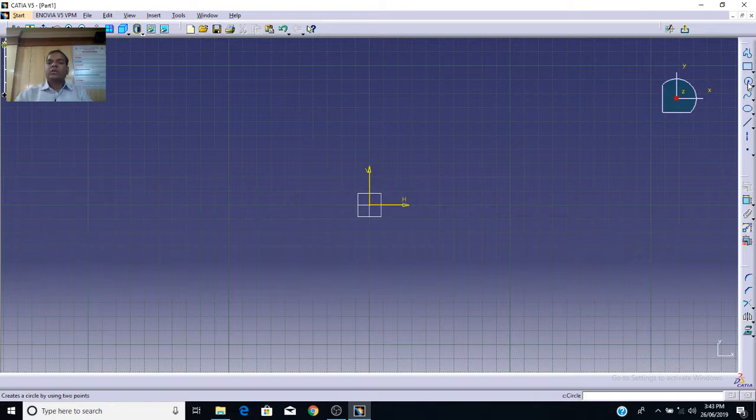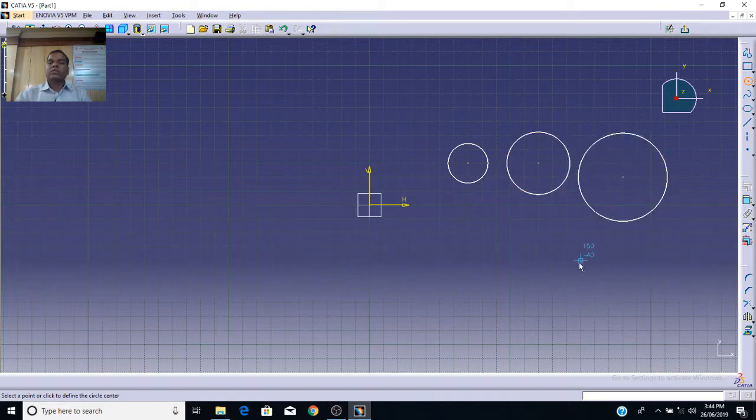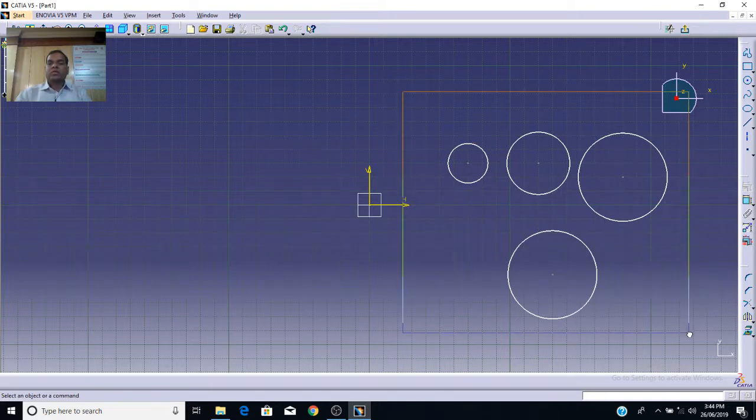Now, one more thing I want to explain, that in CATIA, if you double click on any command, that command will continue for many further operations without clicking on the command again. So, to deselect it, you can click like this. Now I will delete these